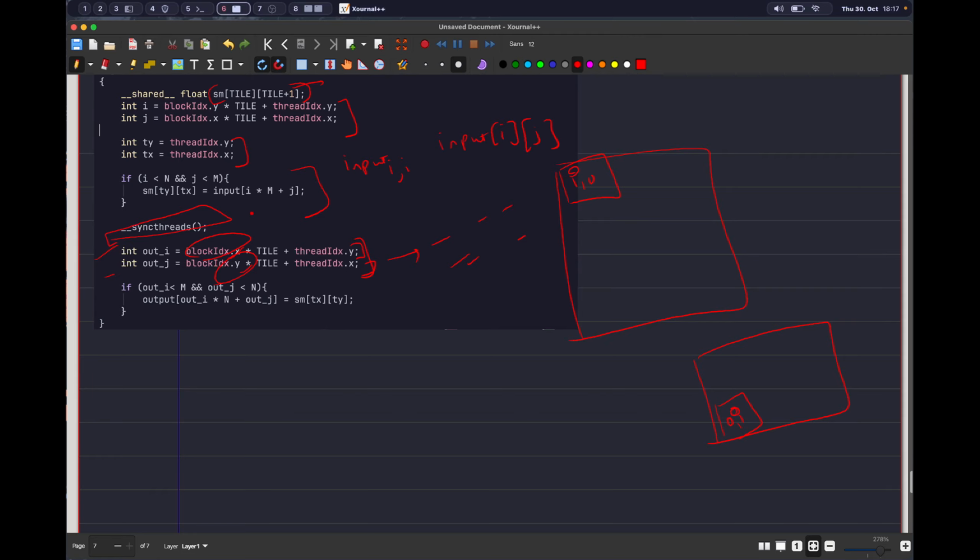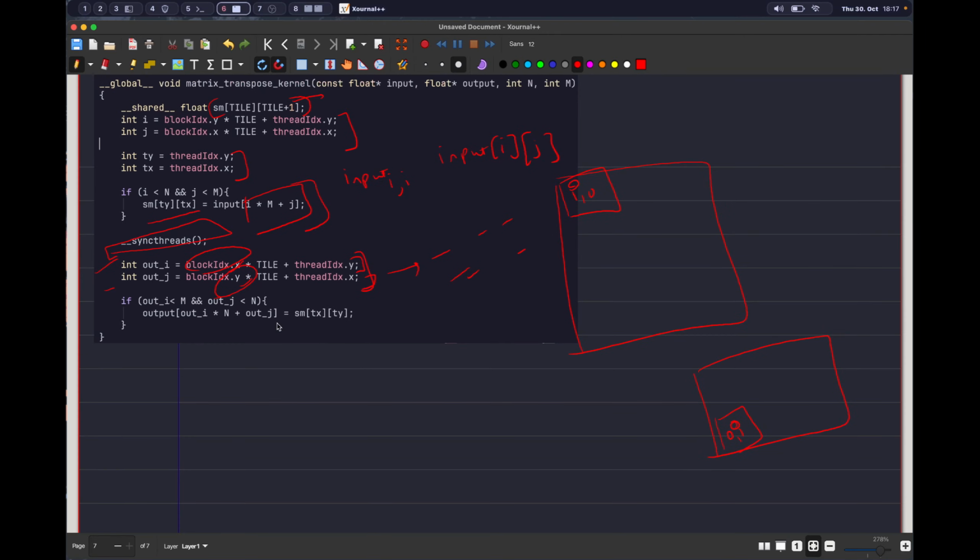Now you will observe that we are loading into the shared memory in coalesced patterns, right? All of these i times m plus j accesses are coalesced together. We have seen this in the naive one, and we are storing them in the shared memory. So the first step is done, that we are loading it in a coalesced manner, but when we are reading it, it is uncoalesced. Let's check this one. For thread 0, it will be this. For thread 1, it will be this. For thread 31, it will be this. You will see the ty is constant in all of them. So the column is constant, but we are changing the row. So the read access from the shared memory is uncoalesced,